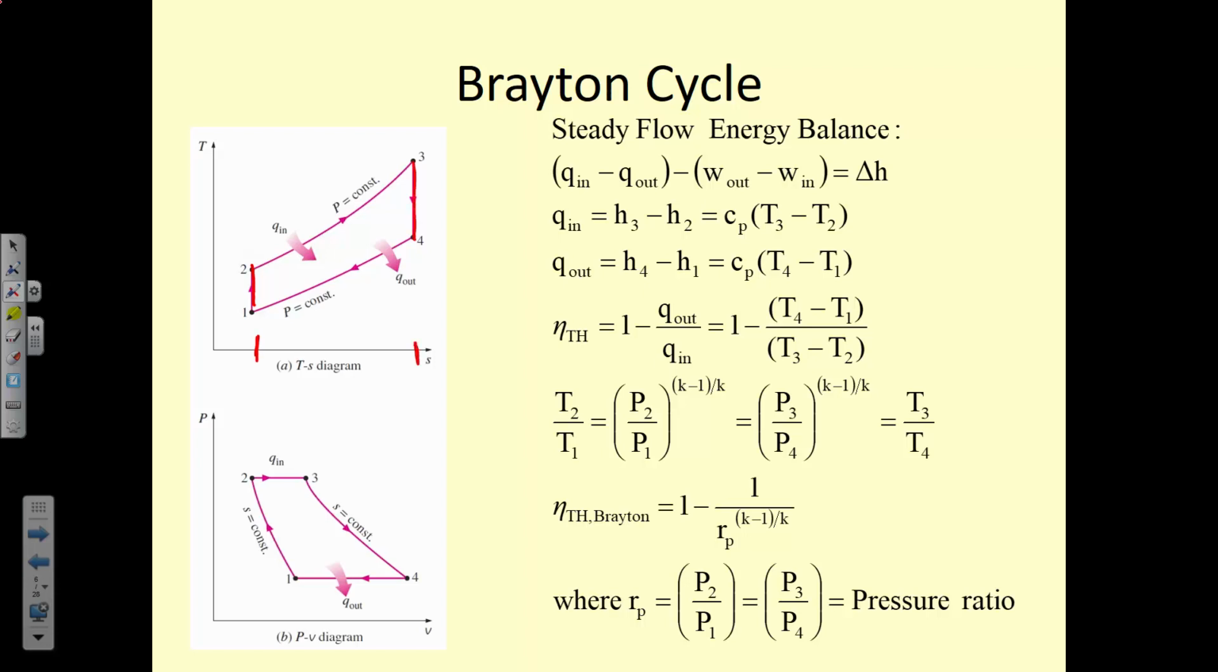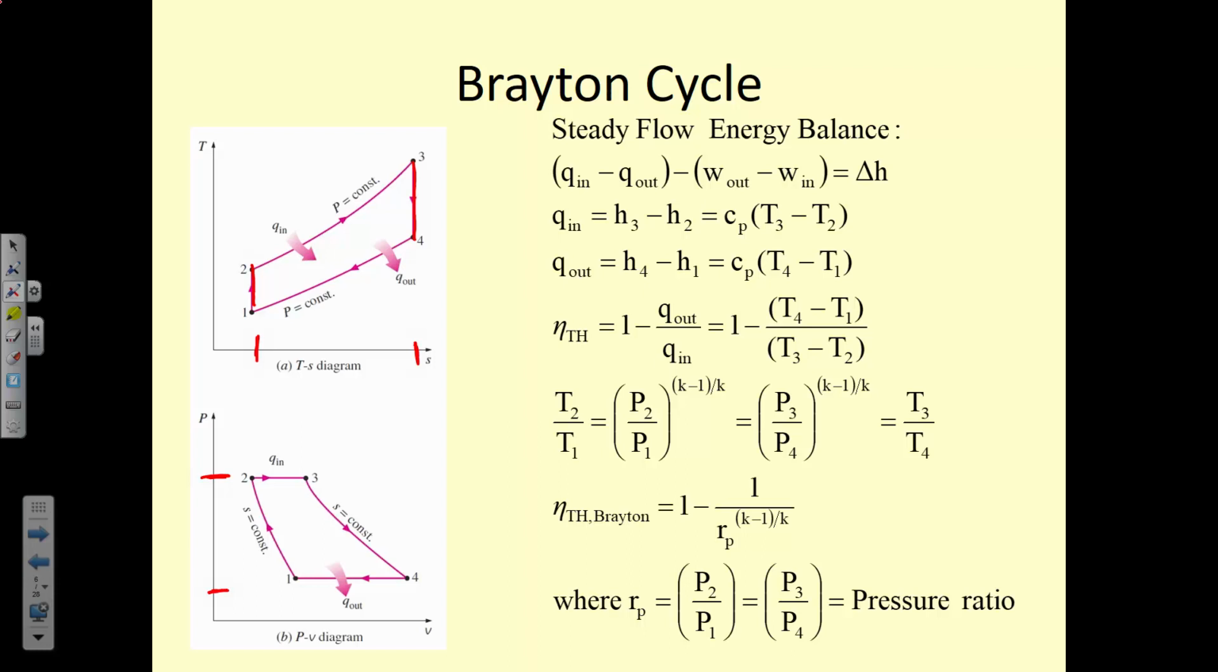So from state 3 to 4, we have a constant S. And states 2 to 3 and 4 back to 1 are constant pressure processes. So we have 4 processes, 2 of which are constant pressure, 2 of which are constant entropy. That allows us to analyze this cycle using some of the property relations that we know for isentropic properties of